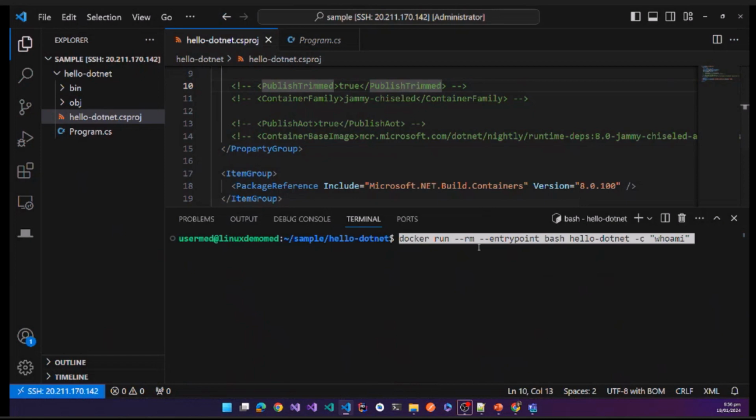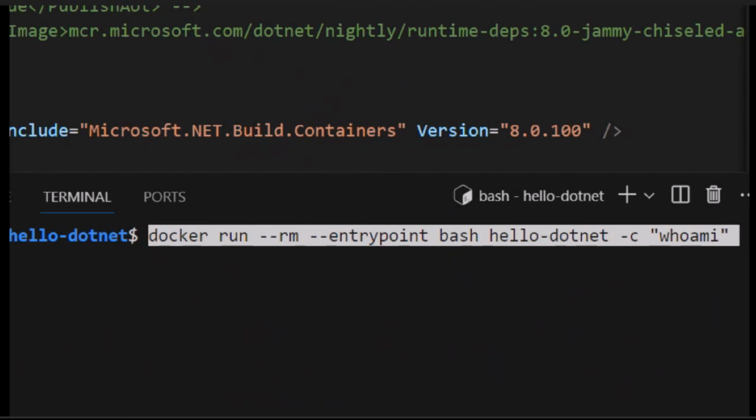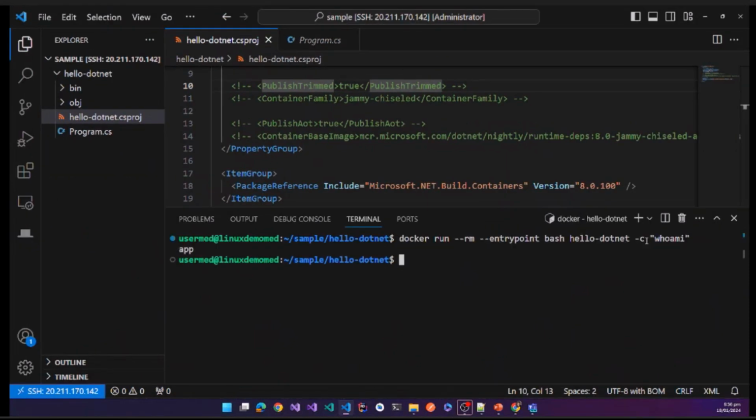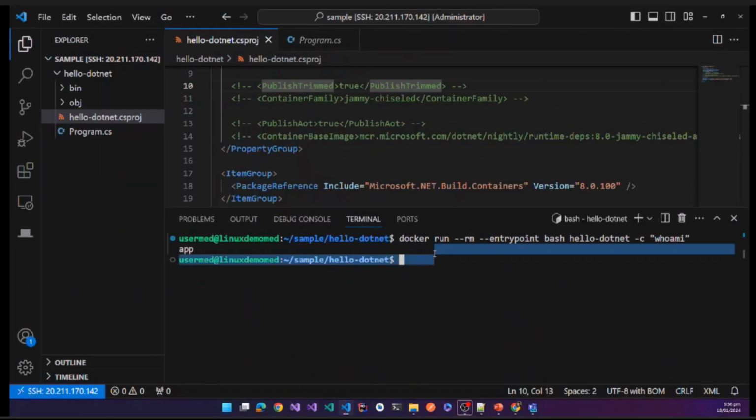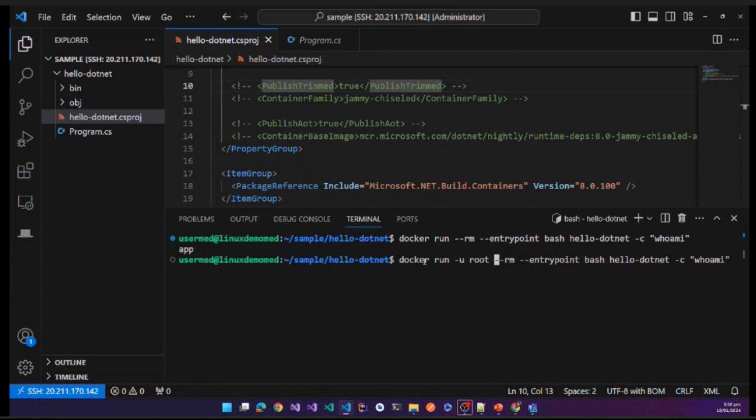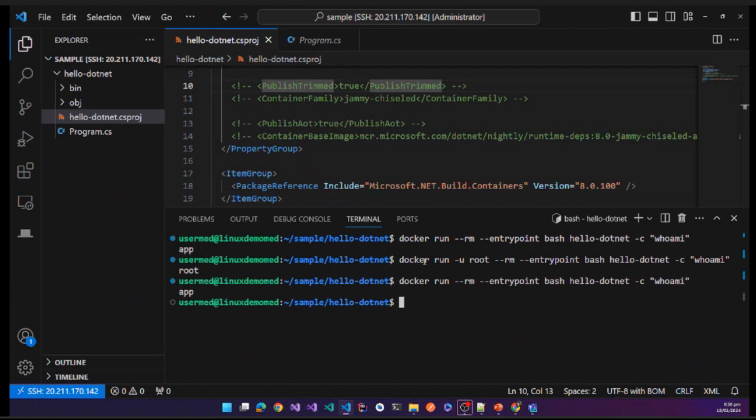One of the things I'd like to run as well, I can just run these commands, say run bash under this hello.net and ask, okay, who am I? It shows me that I am app. So I don't have root execution, which means I'm running in a more constrained environment. Nothing stops me from running as root, I could do that. But by default I'm running as app, and that allows different libraries to be executed or not,